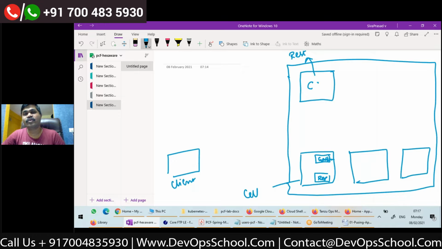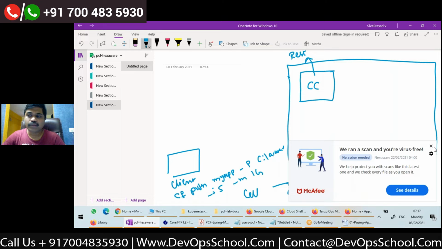Exactly. Whenever a client makes a push call, the command will be like this: cf push, app name, let's say my app, -p, the path to my application, let's say c:\a.var, -i, number of instances 5, -m, 1g memory.